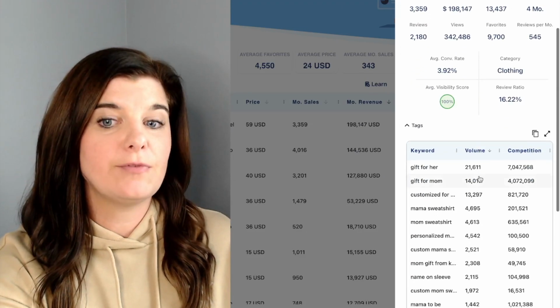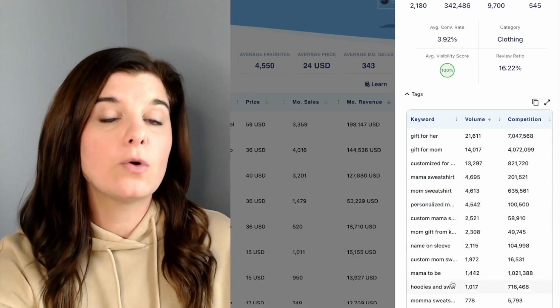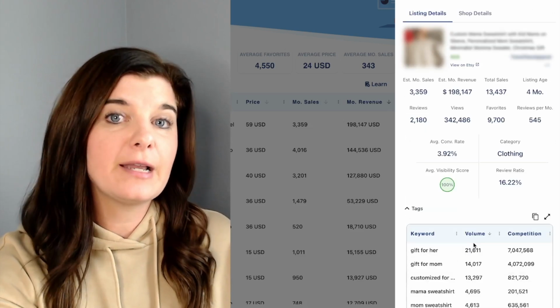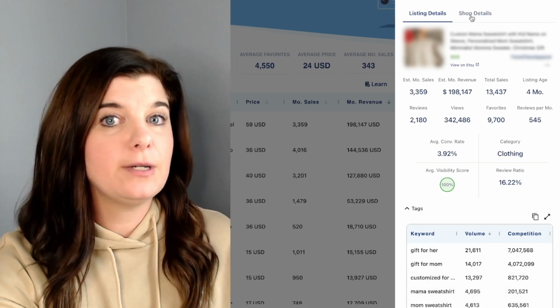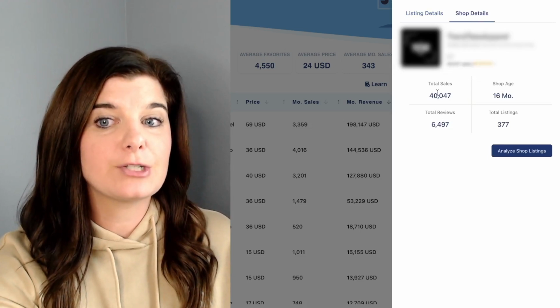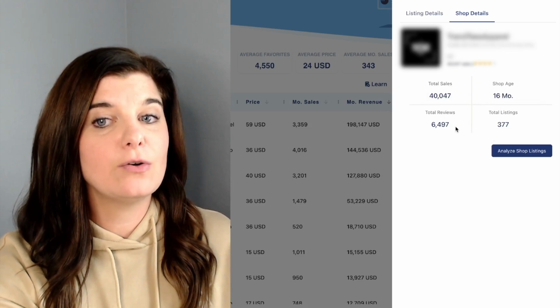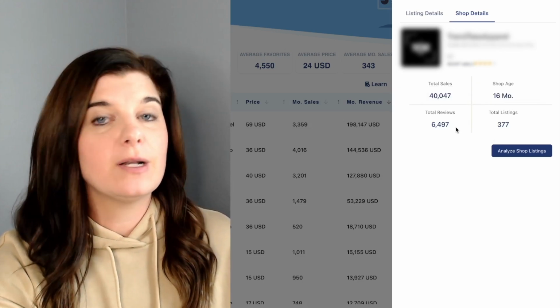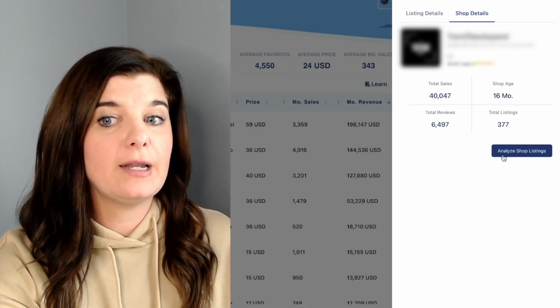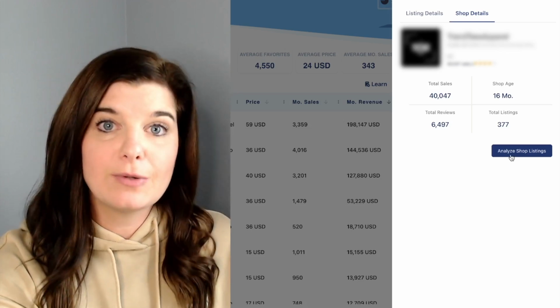I can see specific keywords that they have used in their titles and tags to drive organic traffic to this listing. I can even dig further by going up here to shop details and seeing a little bit more information about this shop. This shop's only been up for 16 months and it already has over 40,000 sales. If I wanted to, I can go ahead and analyze the shop's listings to dig further into how they are